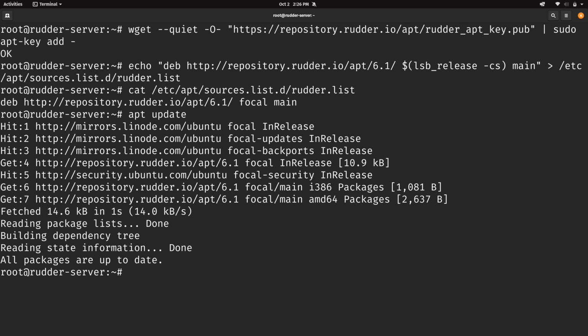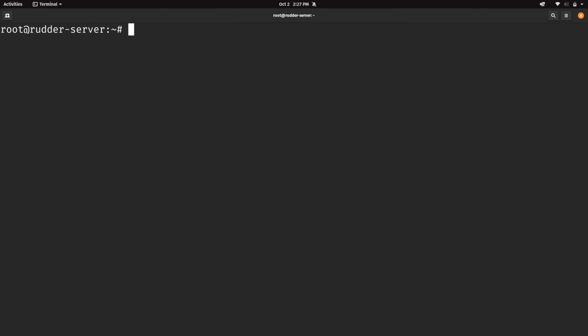If you do receive errors at this point, make sure that you've added the repository line effectively, and you should have whatever your code name is for your distribution right there. So with that out of the way, we should be able to go ahead and install the Rudder server component. And for that, we should be able to run apt install